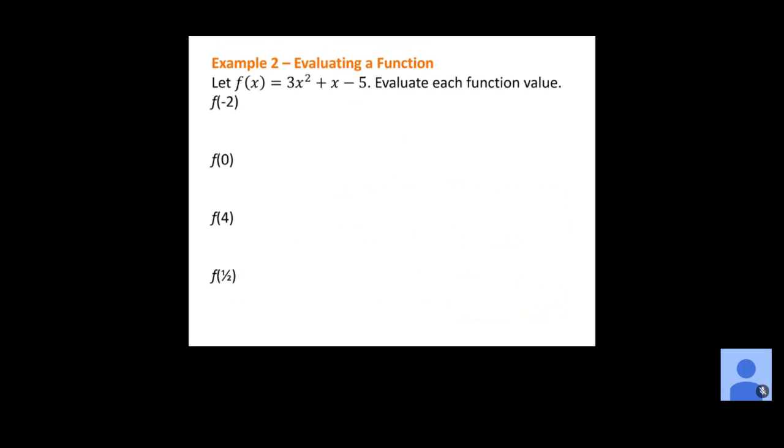All right, so now we want to find all of these values if the function is 3x squared plus x minus 5. So same thing. We're just going to take that value, and we're going to substitute it into our function everywhere that we see an x. So in this case, notice there's multiple x's in that function, so I have to put the -2 in place of all of them. I'm going to get 3 times -2 squared. Again, notice the -2 goes in parentheses, plus -2, and then minus 5.